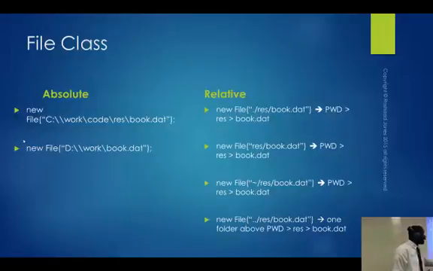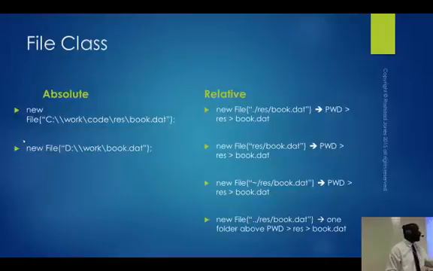And then in the fourth case, if you can see the difference, I have 2 dots there. 2 dots mean go up 1 folder and then find the res folder there and then find the book.dat file. And you can have as many of the 2 dots as you want. You can go as far as you want as long as you don't get to the top drive, top folder. But these are better ways of doing it, because what I can do now when I deliver